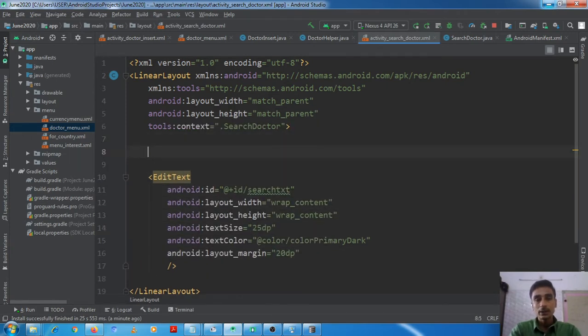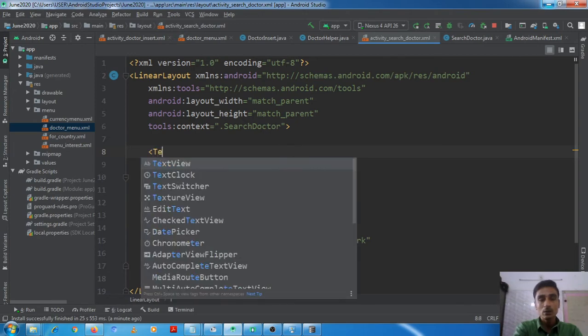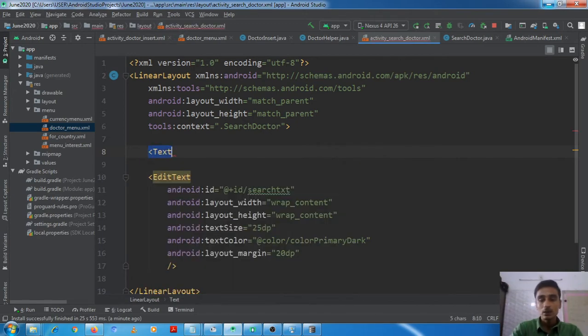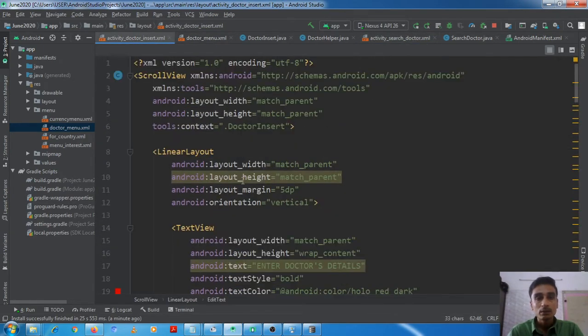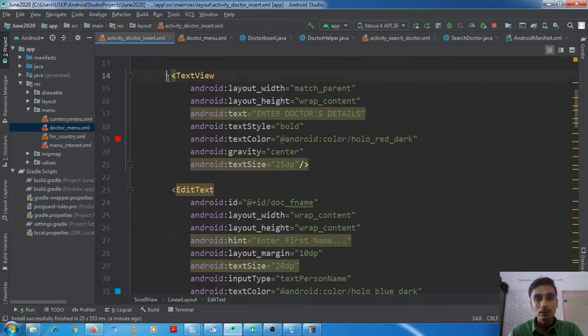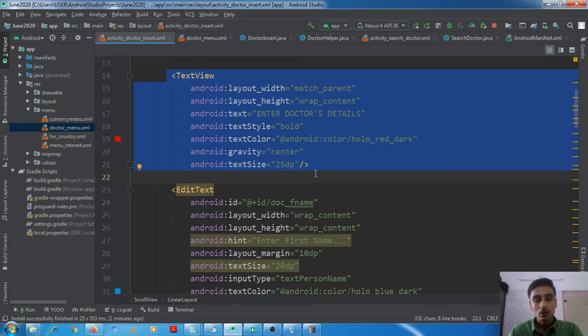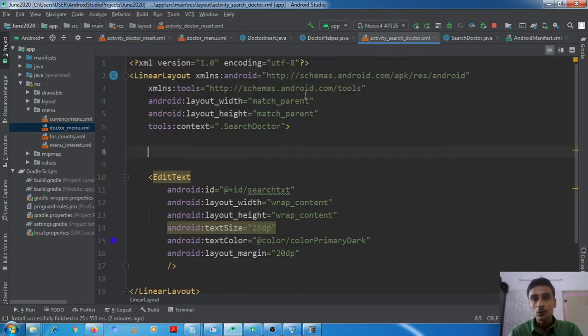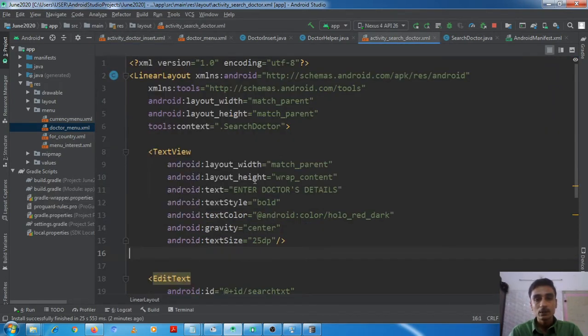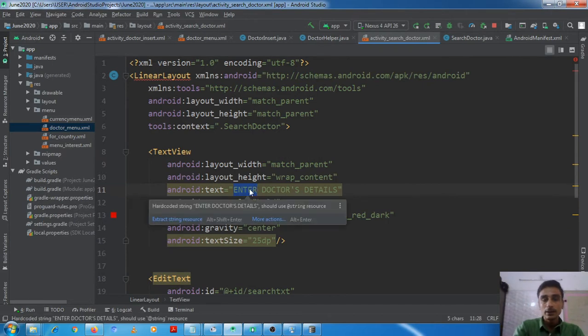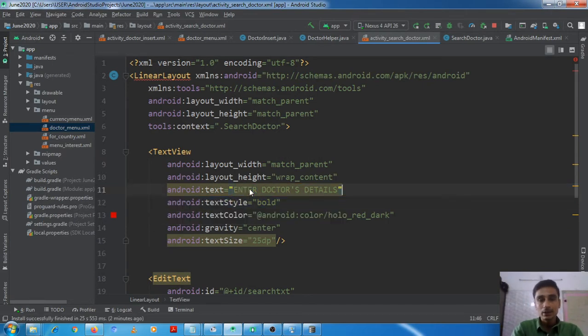Before that, we should also have a text view, very similar to the text view that we have put here in our doctor details page. So here we will have the same, but here we will write search doctor.